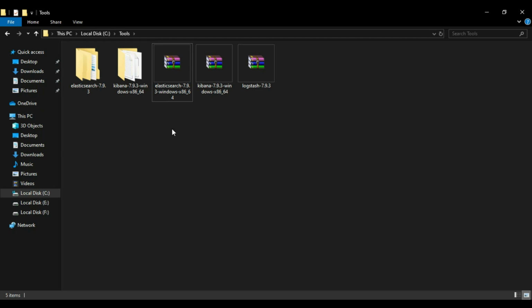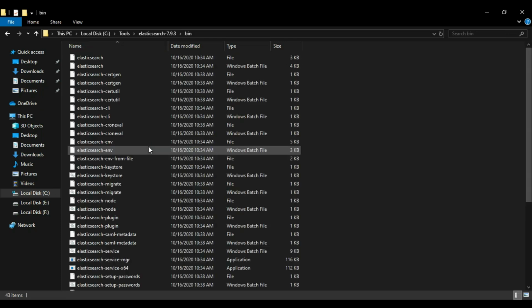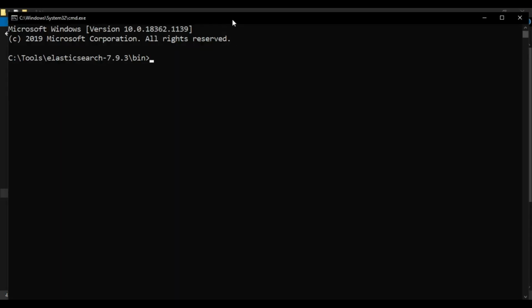Now go to the Elasticsearch folder, go to the bin folder of the setup file and just type cmd here. So I'm in the bin folder. Just type elasticsearch.bat. It will start the Elasticsearch setup from the ELK stack.